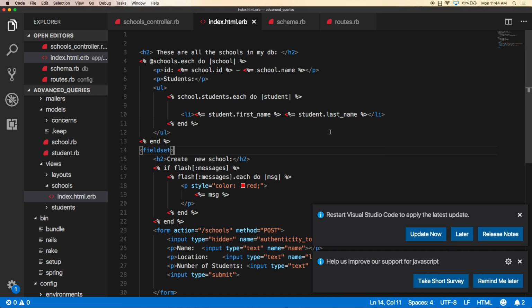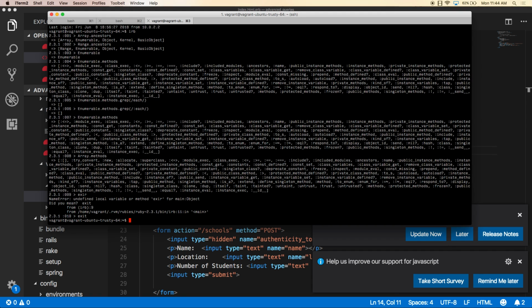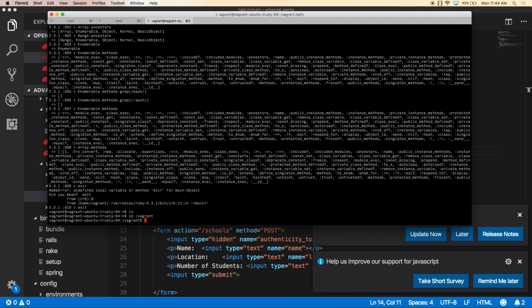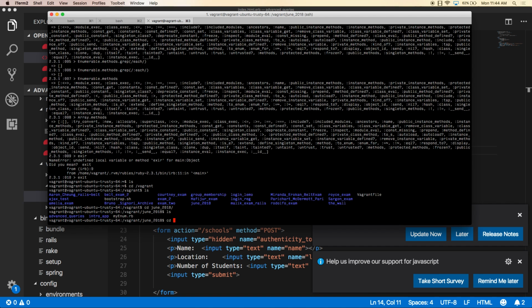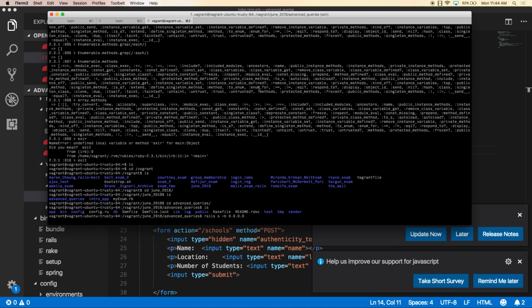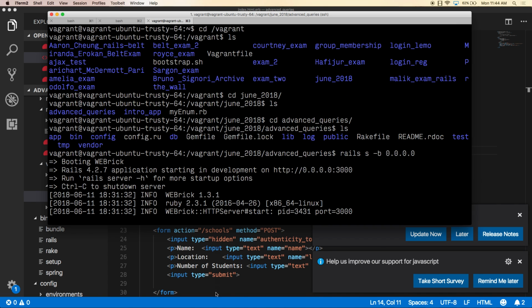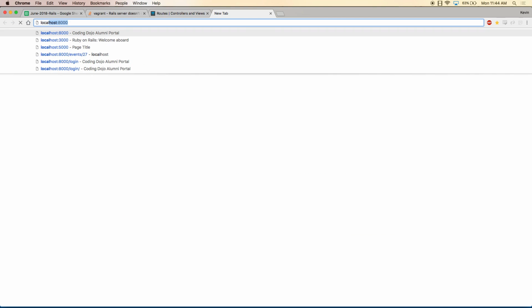So let's try to do something for deleting an item, and let's just exit this one, and let's go cd into /vagrant, cd into June, cd into advanced queries. Okay, and let's say, I am recording this. All right, so our server is running. Now let's take a look at what our server is outputting. If I go to localhost 3000,